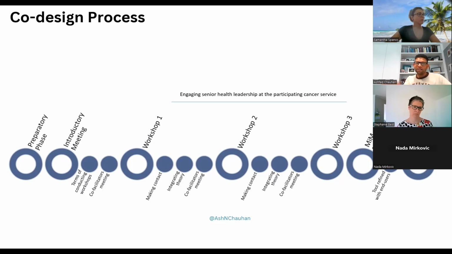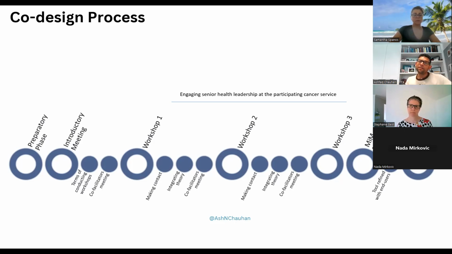So we had this plan, how the workshop would run. Most of the participants attended the workshop face-to-face, which was great because that just had a really organic feeling to how workshops were run, and I guess that contributed to positive engagement and meaningful contribution of the participants or members of the co-design.